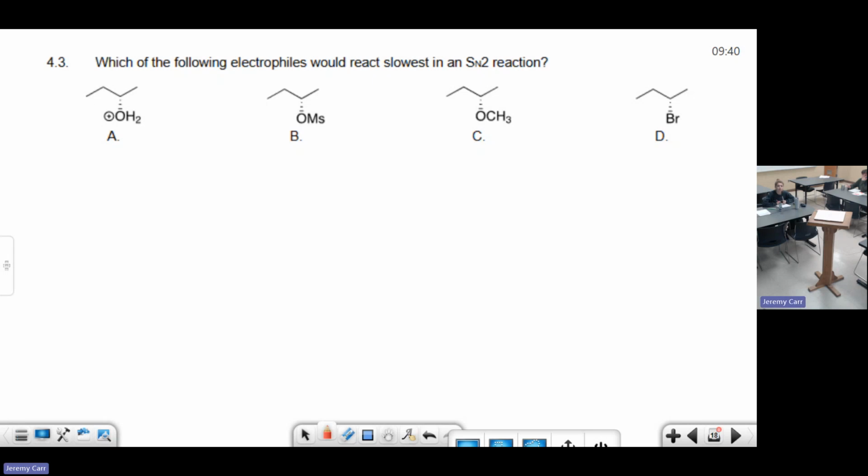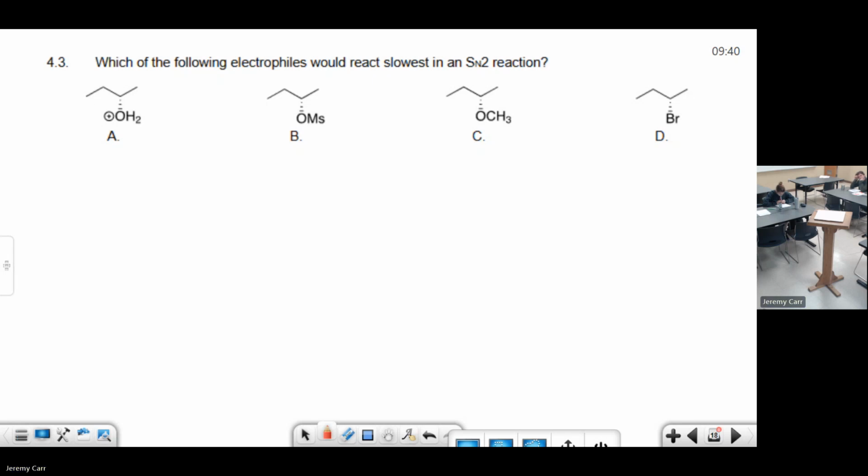Which of the following electrophiles would react the slowest in an SN2 reaction? So we look stumped because we're seeing stuff we've never seen before. But the key here is understanding what the leaving group is, right? So we're talking about what's different amongst all of them. The carbon skeleton's all the same,